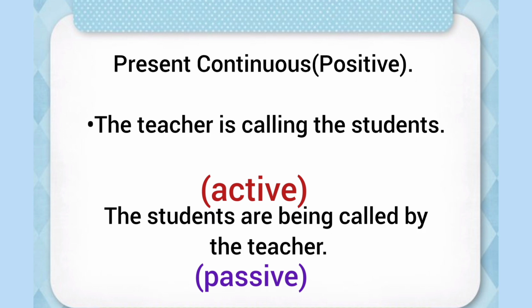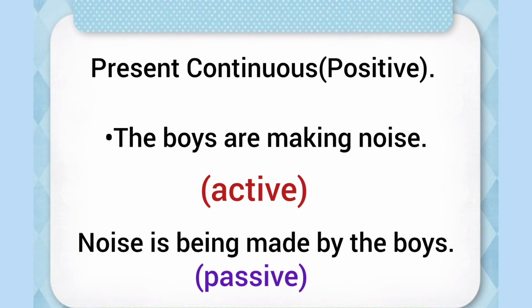The teacher is calling the students. The students are being called by the teacher. The boys are making noise. Noise is object of active sentence, so it will take the place of subject, that is noise in the start. Is is used because noise is considered singular. Being is used for continuity. Made is third form of verb, and then by is there as preposition